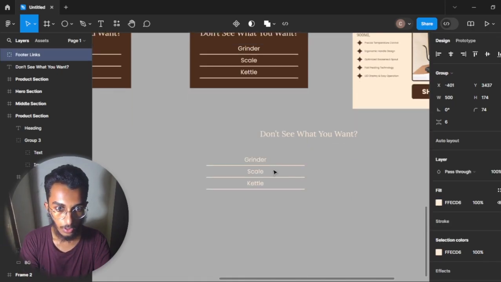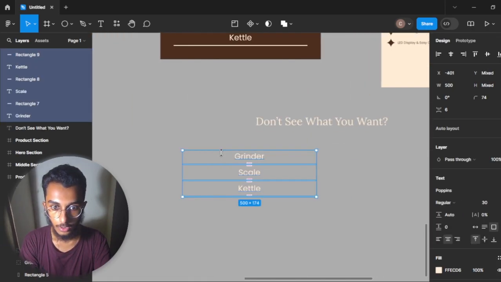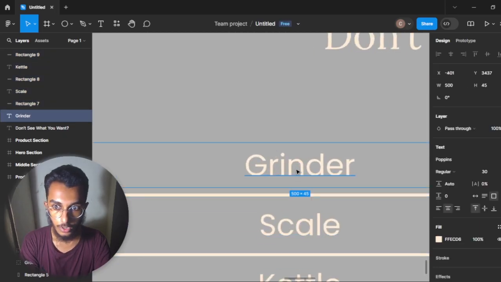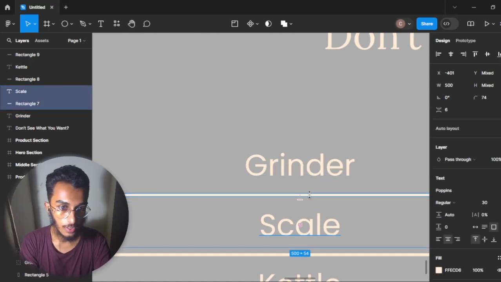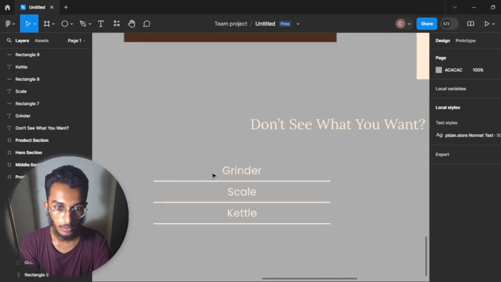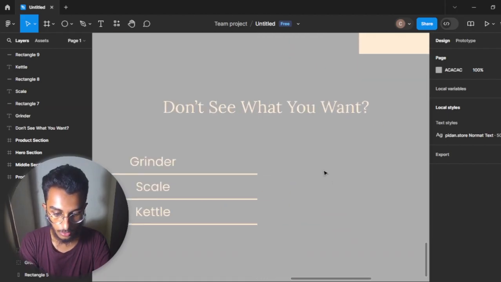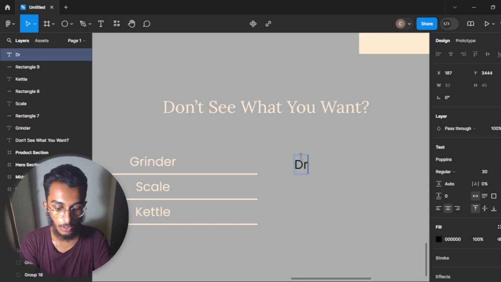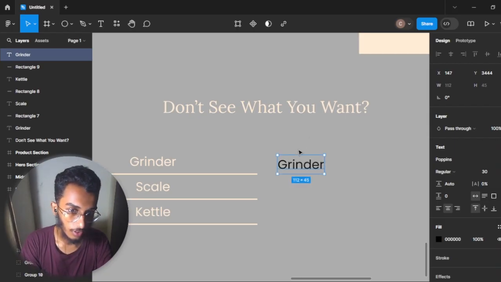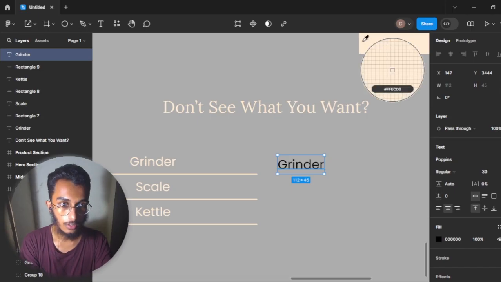Okay, just copy this. So what I did was grinder, and then the separation of this is 6, and the separation of this is 6. This is a rectangle. So I'll just show you, better to show you guys, simpler to show you guys. So click on T, grinder. It's 3:25 a.m., my mind is not working. So the color will be this,